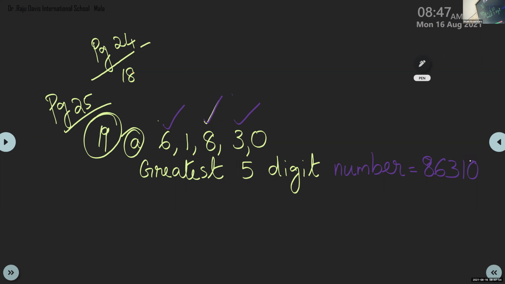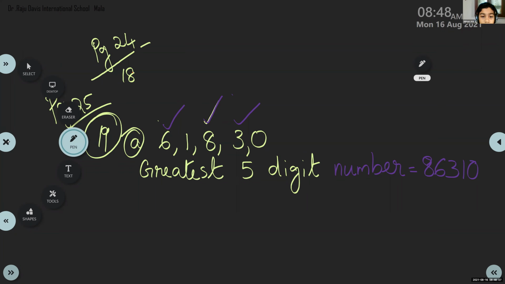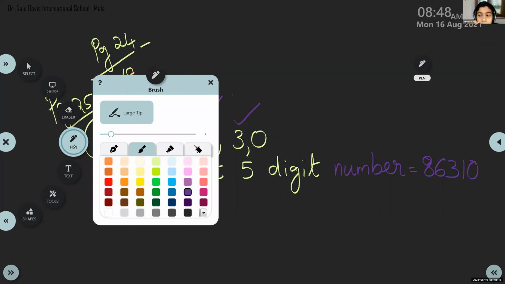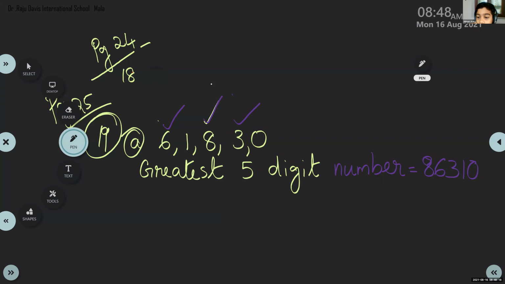Okay. Athar, can you read the number? Which is the greatest 5-digit number we made with these digits? 86,000. 301. Can you check the numbers again? 86,331. 86,000. Okay, that is correct. How many hundred? 300. And which is the next number? The last 2 digits. What is that number?